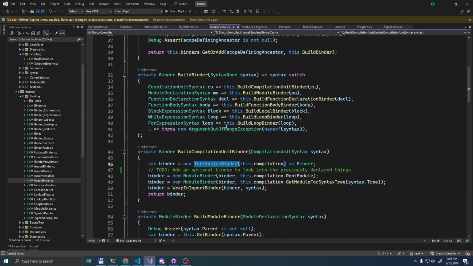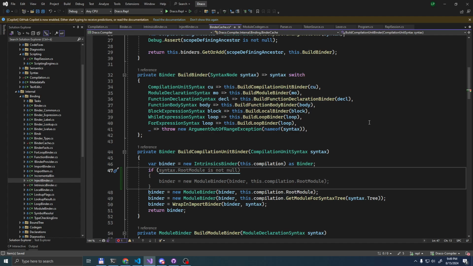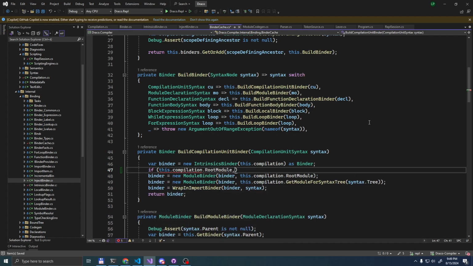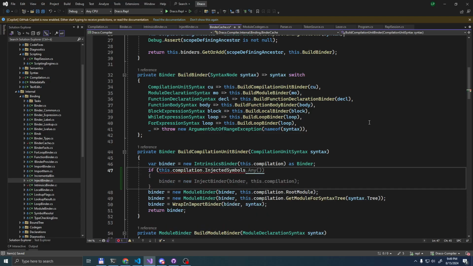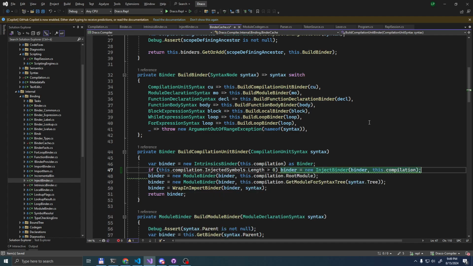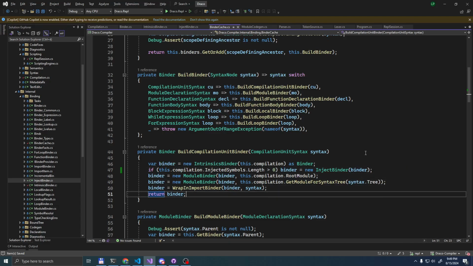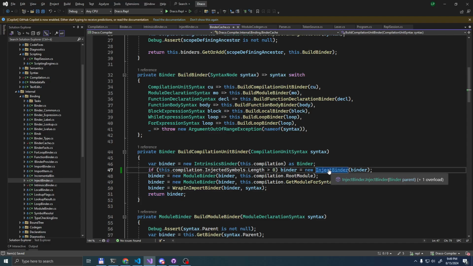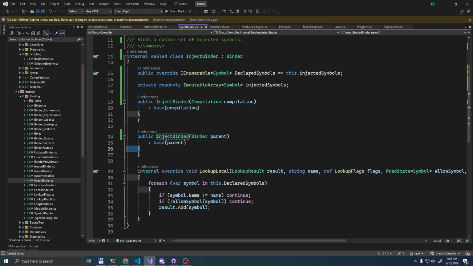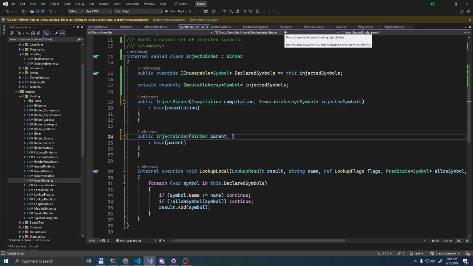And before we forget, let's actually modify the binder cache as well to say that if the compilation has any injected symbols, then wrap this binder into an inject binder. Oh, we didn't take the injected symbols as an argument. That's actually really bad.